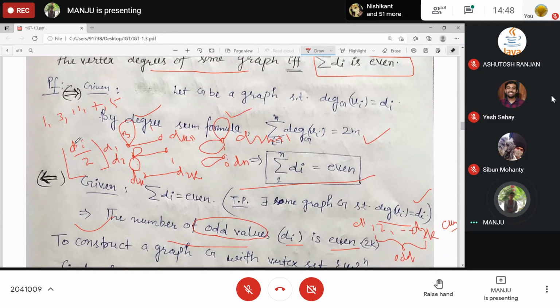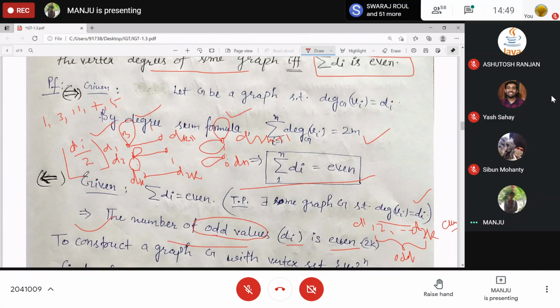For 3 it is 3 by 2. If we want degree 3, how many loops? 3 by 2, that is the floor function, so 1 loop. For 2 it is 2 by 2, which is an integer, so 1. For 5, d2 is 5, so you need 5 by 2 loops to be added. 5 by 2 is 2.5, and that is 2 edges.